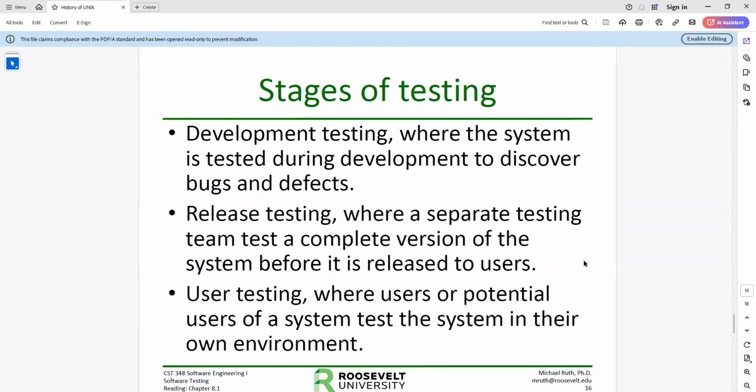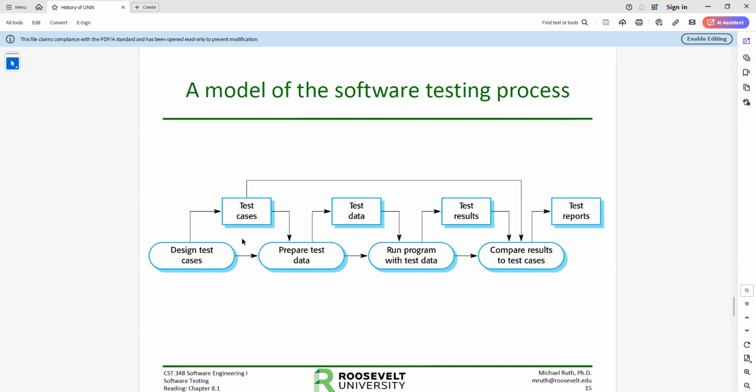Stages of testing. So, one more thing. When we talk about test cases, we will actually talk about this in more detail later on. But test cases are not necessarily executable programs that just take your test data and produce inputs and so forth. Test cases are a categorization of data. So this is what we're trying to test, the purpose of the test, some identification, a set of inputs and a set of outputs, what we call expected outputs, and we're going to compare the expected outputs later on to see if it passes. Okay?